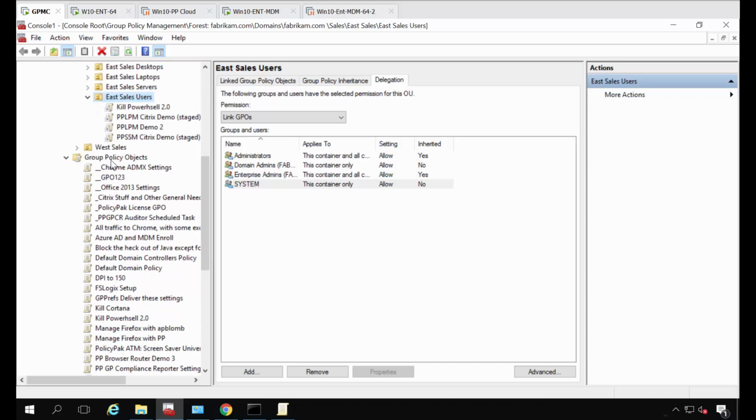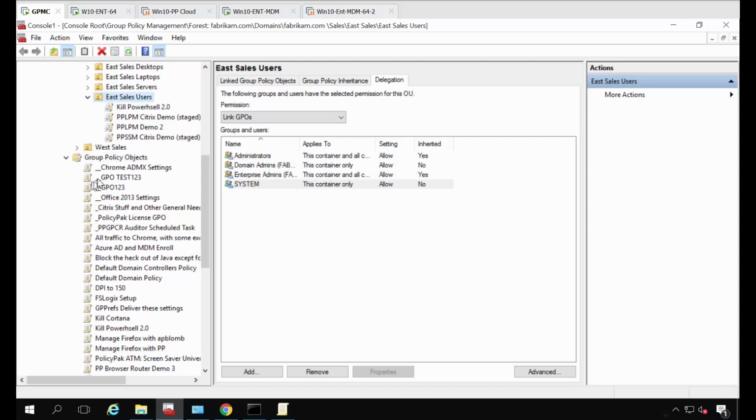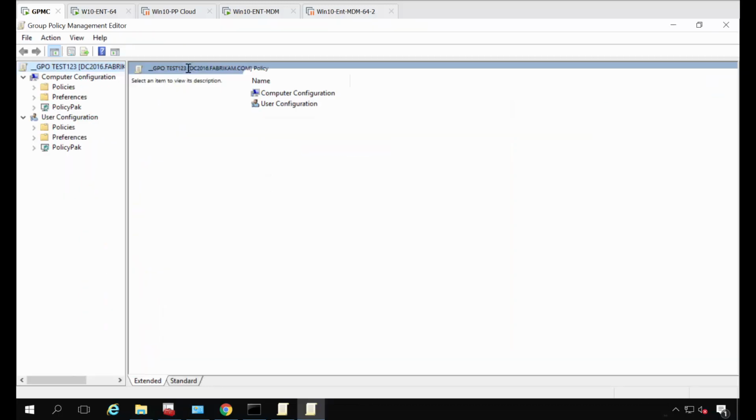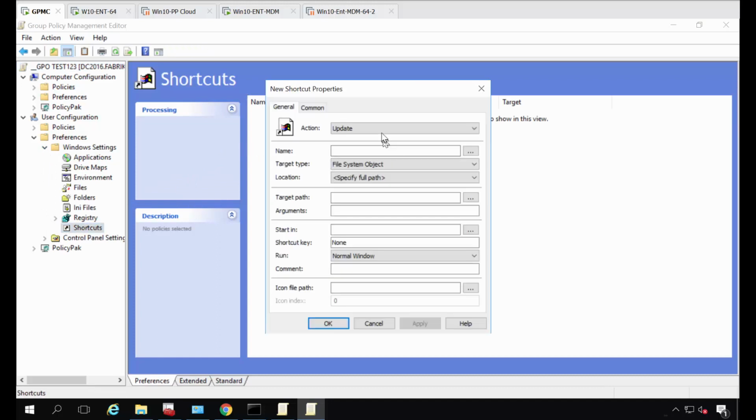So, for instance, if I were to have a GPO here called GPO test 123. In this new fresh GPO, maybe I want to create a variety of settings. It doesn't matter what they are for this purpose, but I'm going to go through three categories of features. So for instance, let's start off with a group policy preference item. Let's say you wanted to create a quick shortcut item here. You can right click, new shortcut, and we're going to create a URL on the desktop, and I'm just going to call this